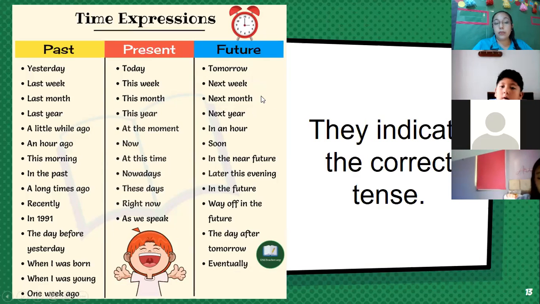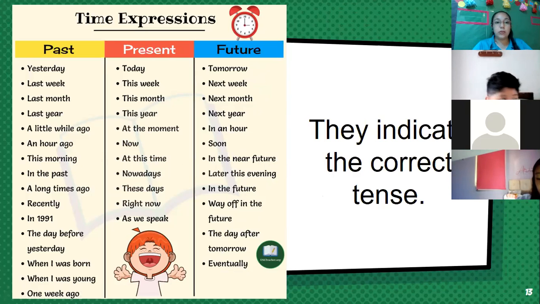Now we have the other ones that we use in future. That means the activities that you will develop maybe tomorrow, or in 1 week, etc. Tomorrow, next week, next month, next year, in an hour, soon, in the near future, later this evening, in the future, the day after tomorrow, eventually. So all of these are time expressions. What does this mean? The time expressions